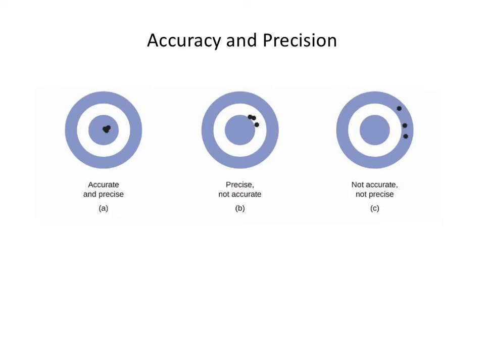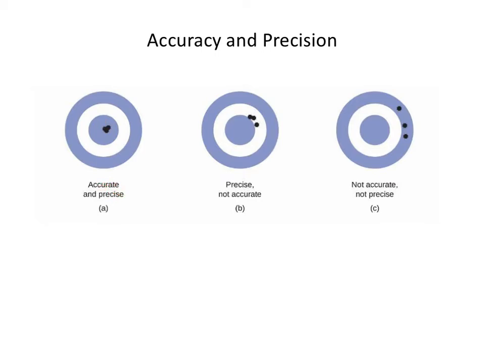So we've got some dartboards here, and this is a very common way to talk about accuracy and precision. A result is going to be accurate if you're hitting the bullseye. A result is going to be precise if you have a tight grouping. In this first one, all of the shots have hit the bullseye, and you have a very tight grouping. Because you've hit the bullseye, these results would be said to be accurate, and because you have a tight grouping, all of the measurements are similar to each other,